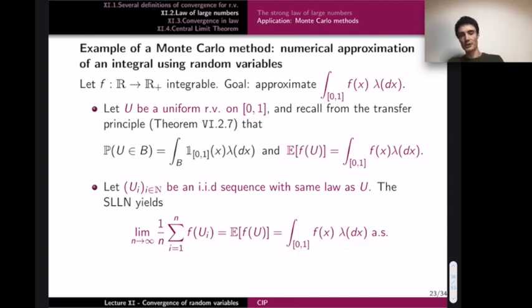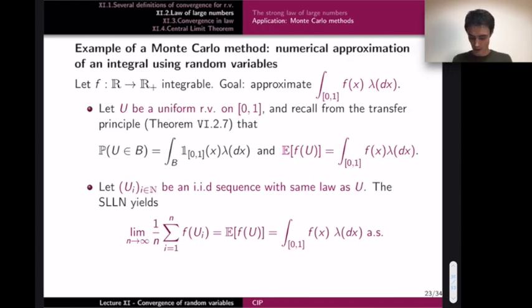Of course, there is something probably missing here: you want to know what error you are making when you do this. Also, you know other methods to approximate this integral numerically, so you want to compare it to other methods. Usually, Monte Carlo methods are very efficient when the problem is high dimensional. Here, when you are in R, it's maybe not so efficient, but if f is on R^d, then usual deterministic numerical methods might be quite computationally intensive, and the Monte Carlo method can be interesting.